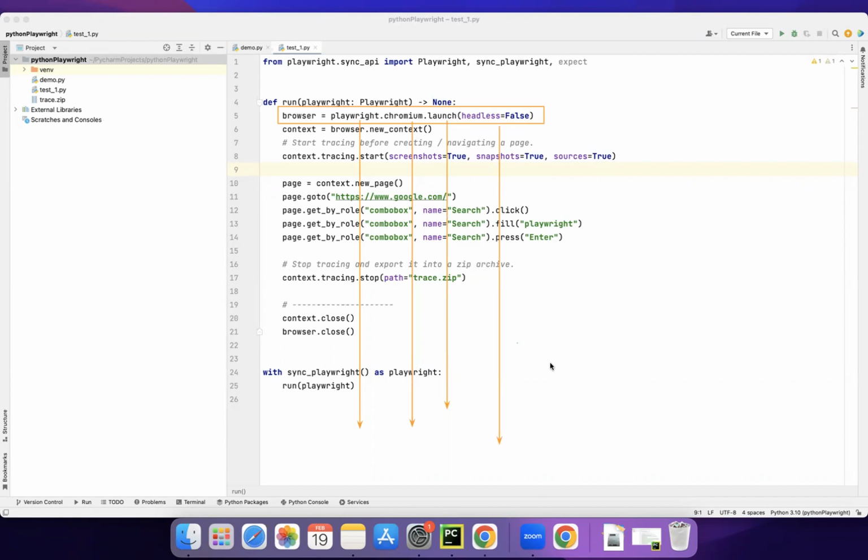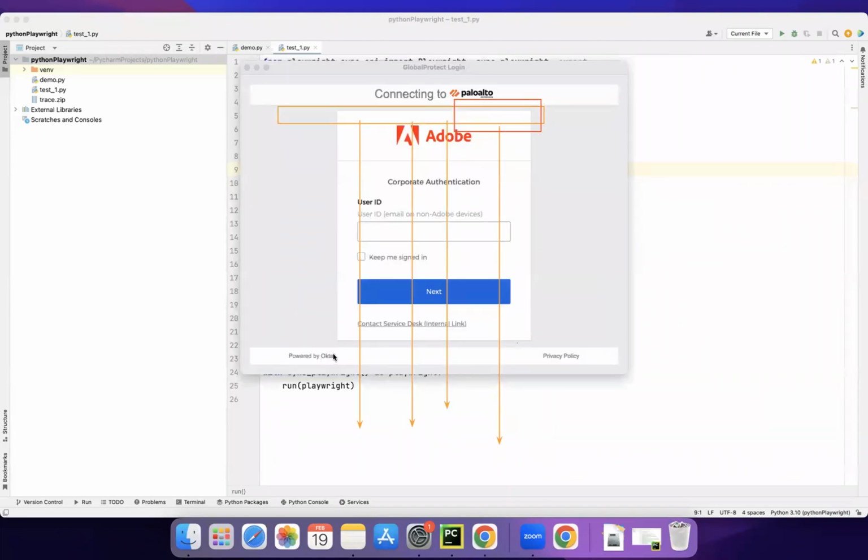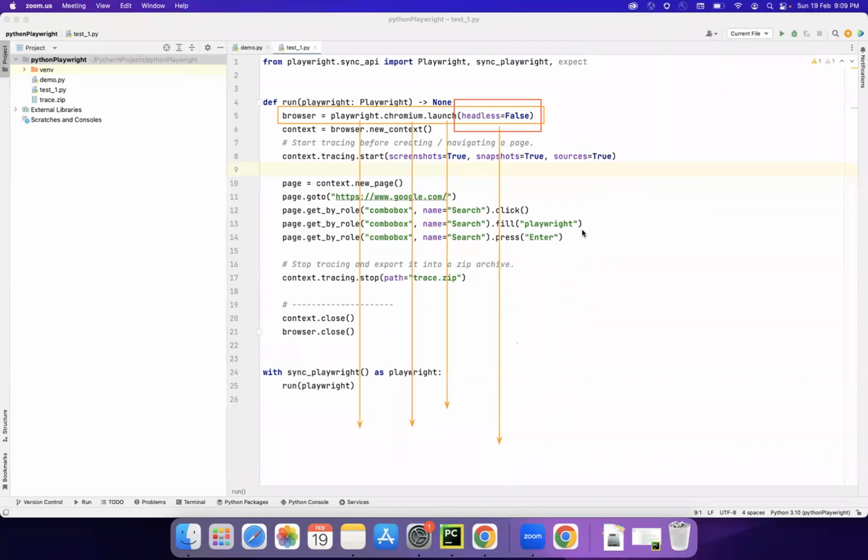What does this mean? Anybody here? What does headless equals to false mean? That means without a browser opening, it's running in the backend. Headless equals to false, not true. Right? So the operating system doesn't give any handle to that. Yeah, kind of correct. So we just simply say when headless equals to true,